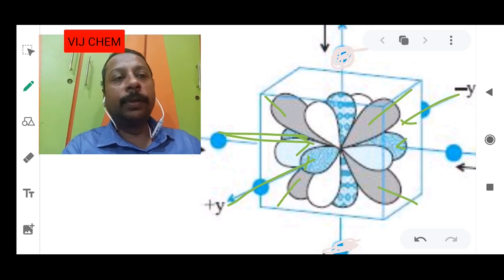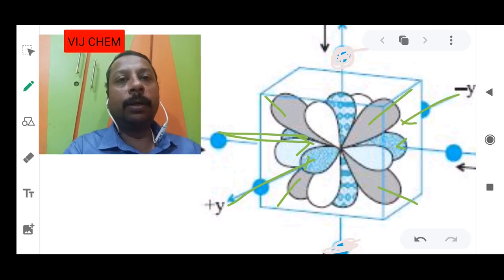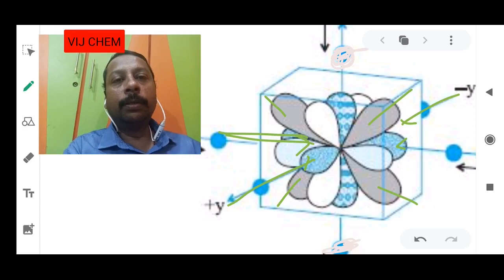So the first highest force is experienced by dx square minus y square. The second highest will be experienced by dxy. It will not be two sets now. In the previous one we have seen only two sets. Now there will be a greater number of sets because the experience of the dz square is not as great as the experience of the dx square minus y square. So we will see how many parts it is splitting. Okay, so we will shift to the next.